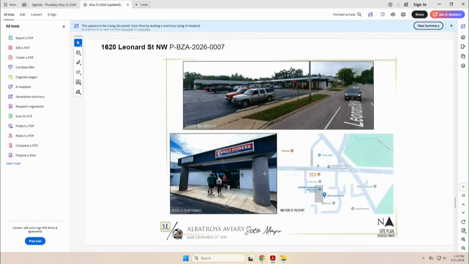The document requests that the board correct Albatross Aviary's classification to animal service. The deadline to appeal the planning department's determination that an aviary is regulated most similar to a kennel has passed. Today, you are not asked to review those documents. The documents have been, in fact, included in your packet.